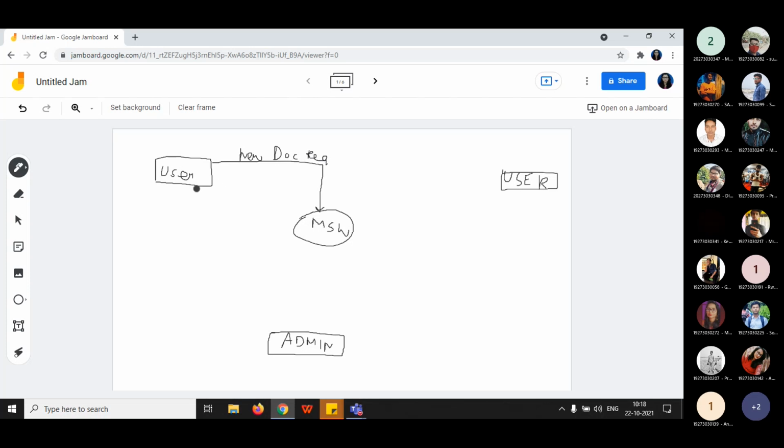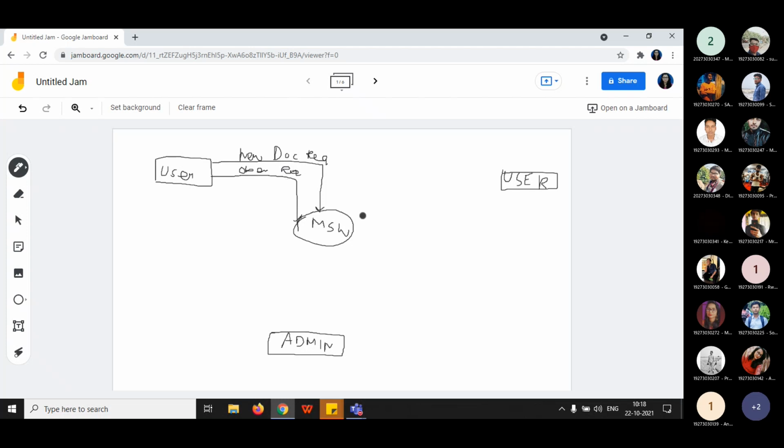Next, if you have opened a document, then you can reopen that document. The next data flow is open request: the user is requesting MS Word to reopen the document.